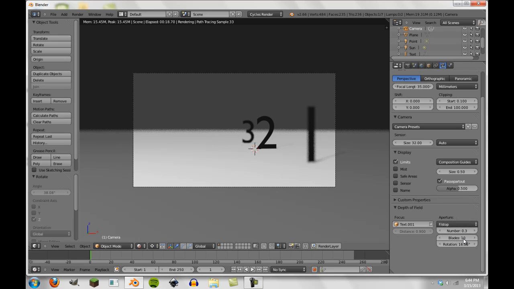So as we look down here, there's blades and rotation. Now, rotation for realistic purposes won't necessarily matter. If you're dealing with anything in the blades department less than 10, you will probably want to change the rotation if that's your artistic choice, because the number of blades indicates the look of our blur. So if we had a specific